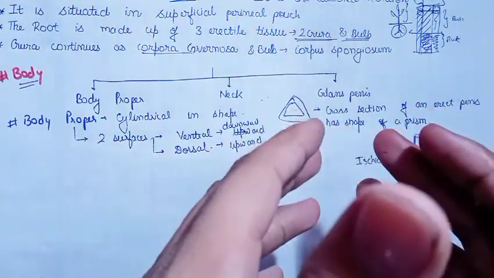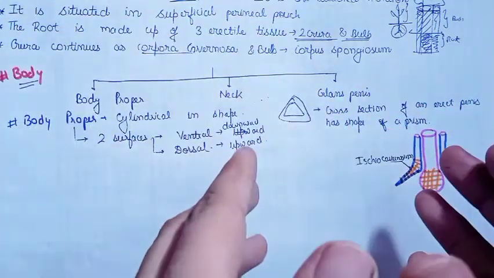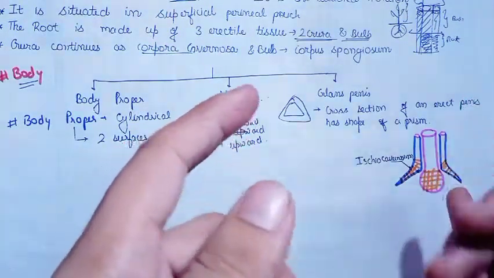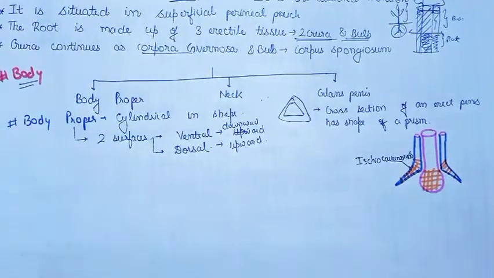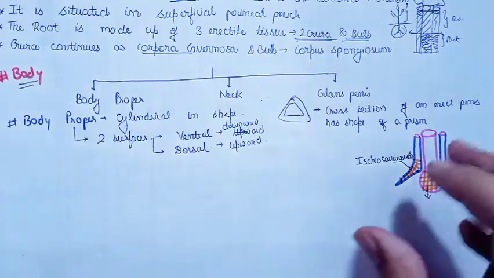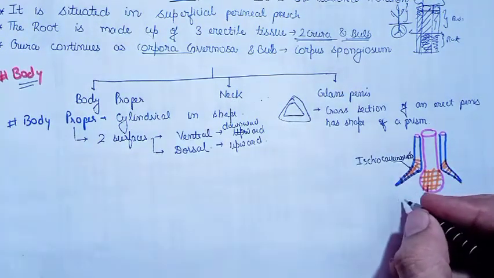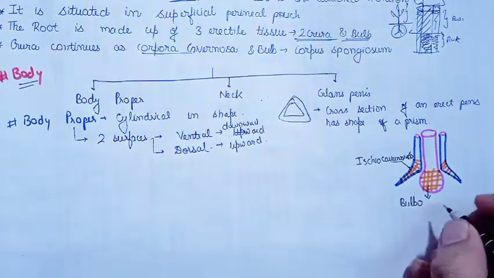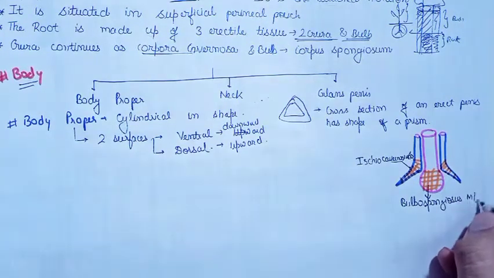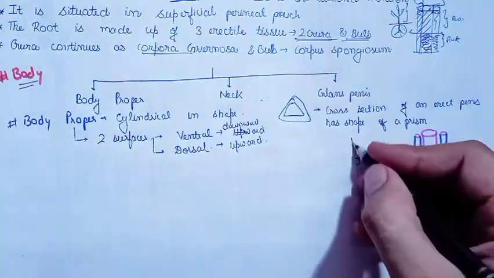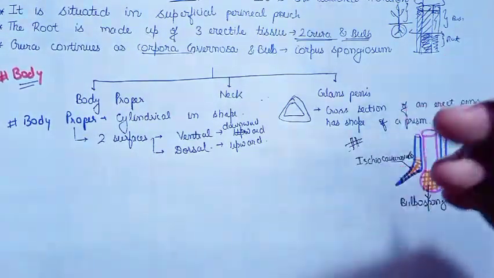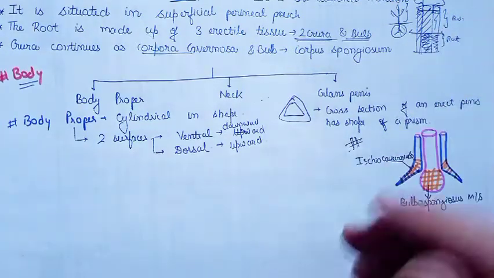Don't take this diagram very lightly. This is a very important diagram that you can find in any book because it gives an orientation of the root of the penis and moreover it tells something about the muscles. So the crura part is covered by the ischiocavernosus and the bulb is covered by the bulbospongiosus muscle. I hope this point is very clear. That is the muscles covering the root of the penis. So you can write this topic in your notes under the heading muscle covering the root of the penis.